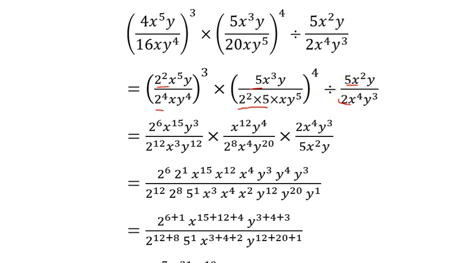Okay, now this exponent will come in the place of exponent. See here, 2, this 3 will come to 2, then 2 3s are 6, then 3 and 5, 15. Okay, 5, and y to the power 3 will come as y to the power 3 only. Similarly this 3 will come to the denominator also. 2 to the power 4 into 3, 12. x to the power 3, then y to the power 4 into 3, that means y to the power 12. In the same way it will come 5 to the power 4. Where is 5 to the power 4 given? I forgot to write this.